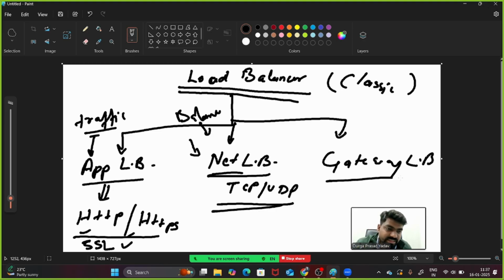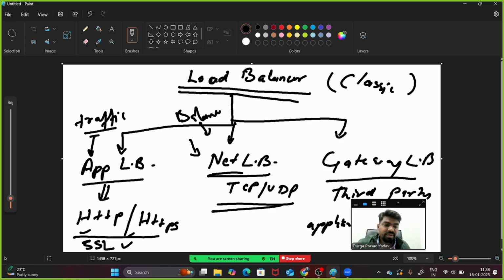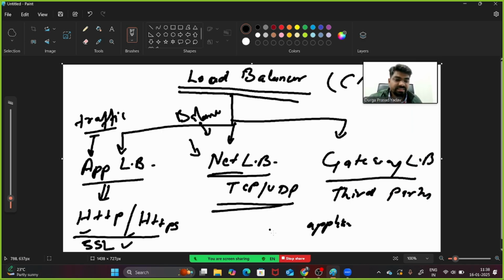And the third one is the gateway load balancer. If you are using a third party appliance, for example, any firewall, let's say Palo Alto is a firewall. You know, appliance means a firewall also comes as hardware, guys.